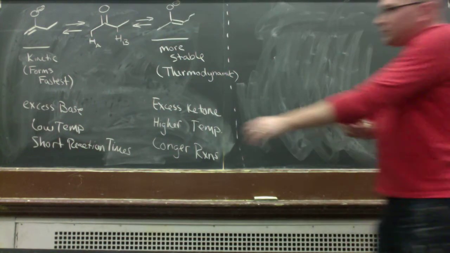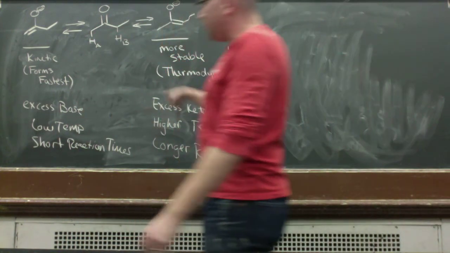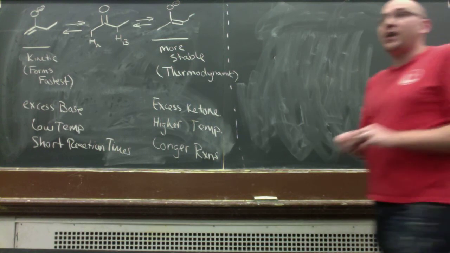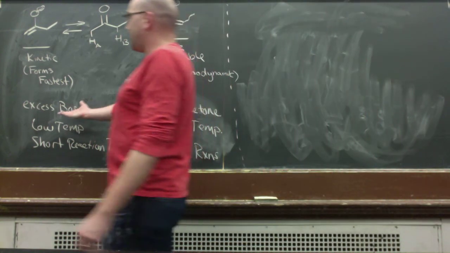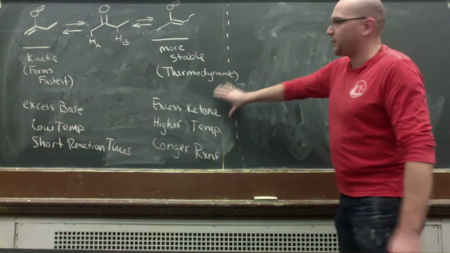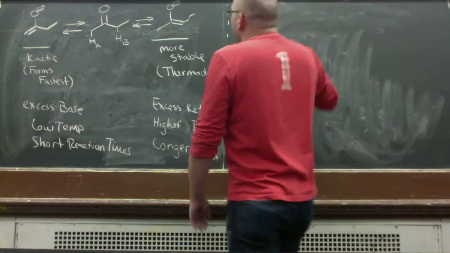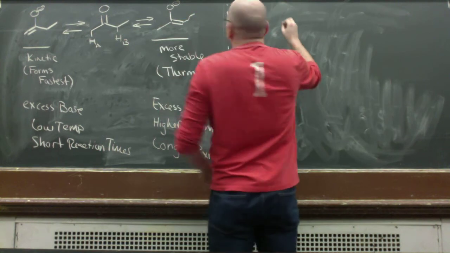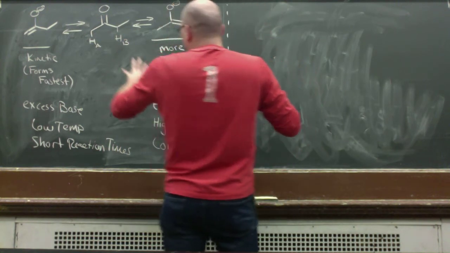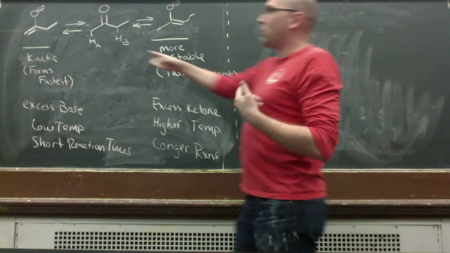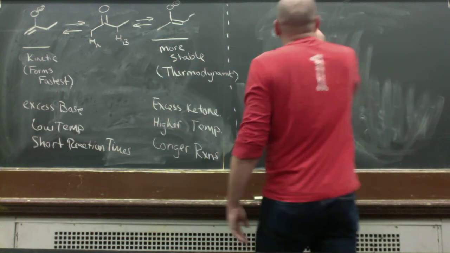Now, the book primarily, I think, talks about these two factors, excess base or excess ketone. In the case of excess base, what's happening here, in the case of excess, actually maybe we'll explain it first in terms of excess ketone and then we'll resort back. That's probably the better way to sort of think about it. All right, so if we have, say, 1.1 equivalents of ketone,